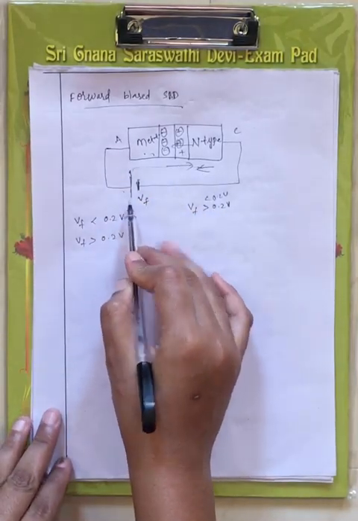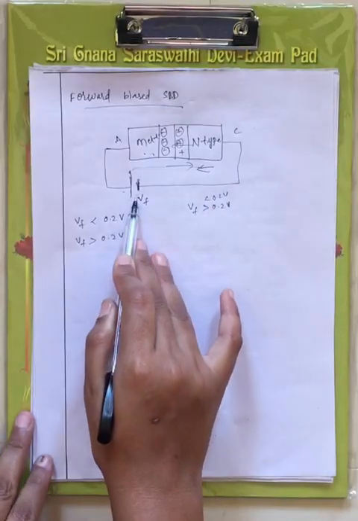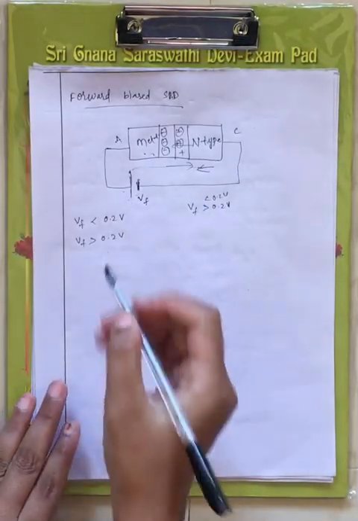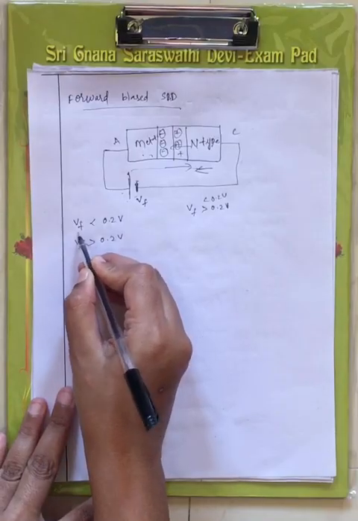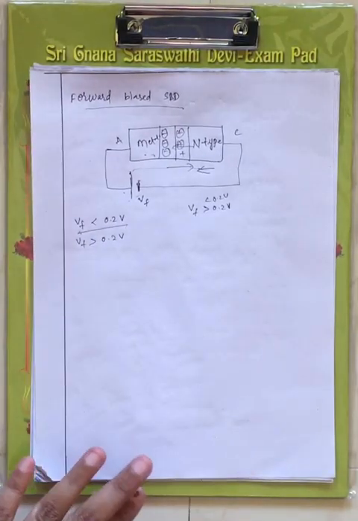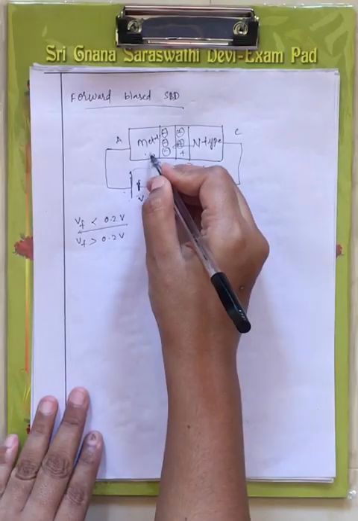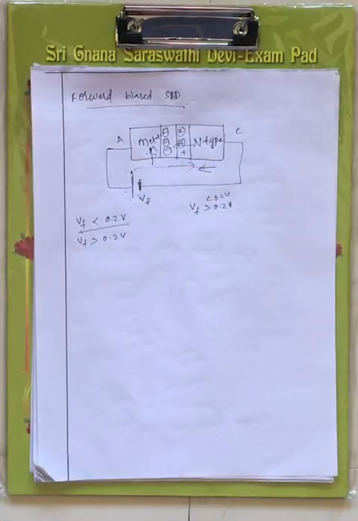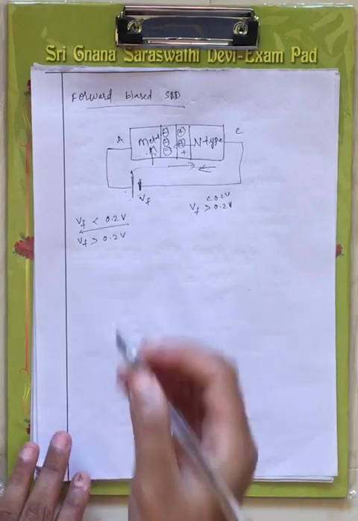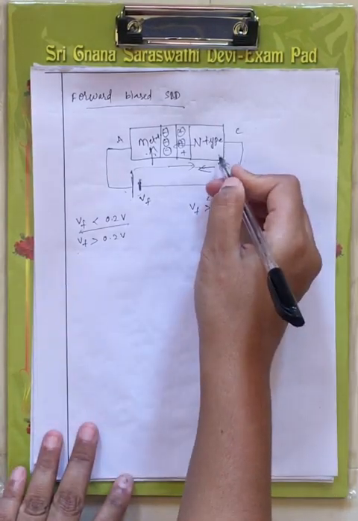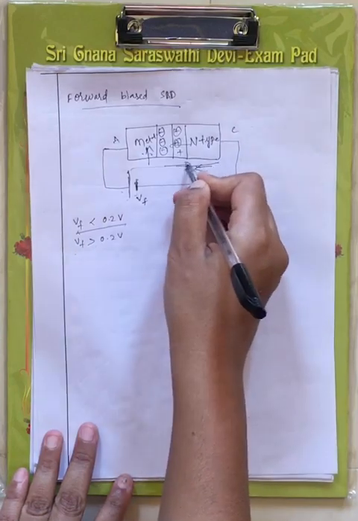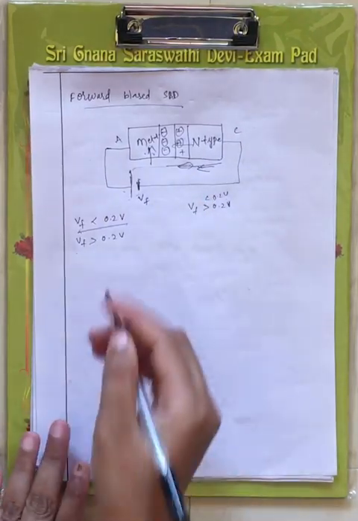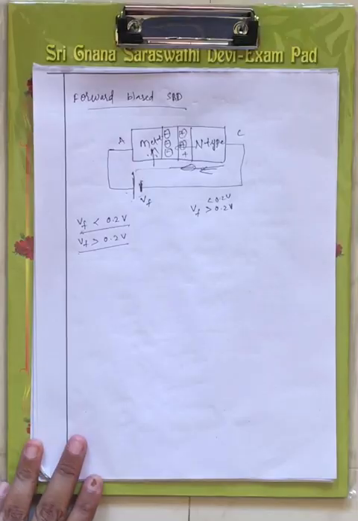Anode is connected to the positive terminal of the battery and cathode is connected to the negative terminal of the battery. Now when we apply a forward voltage that is less than 0.2 volts, what happens? The metal gains extra electrons. A large number of electrons are gained by the metal. Now when Vf is applied, electrons in the n-type are moving towards this metal, right? When Vf is greater than 0.2 volts, right?